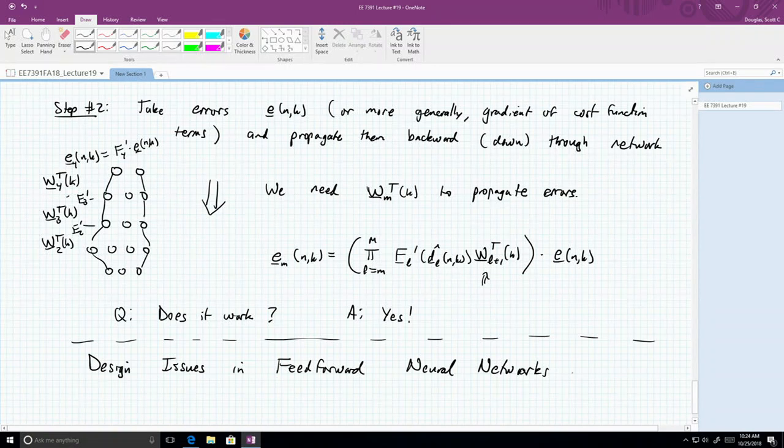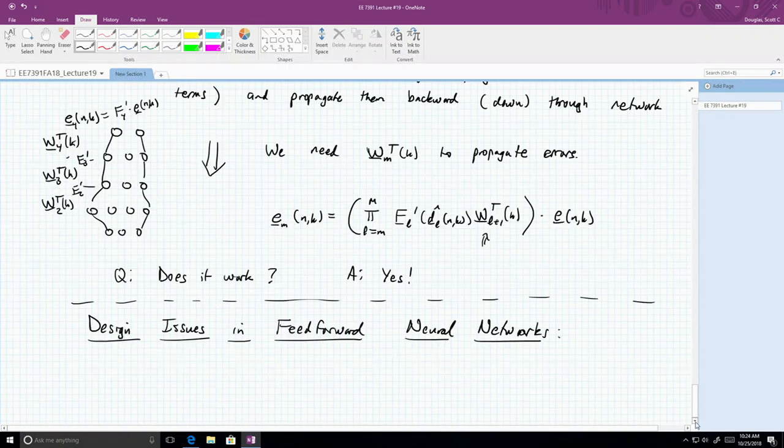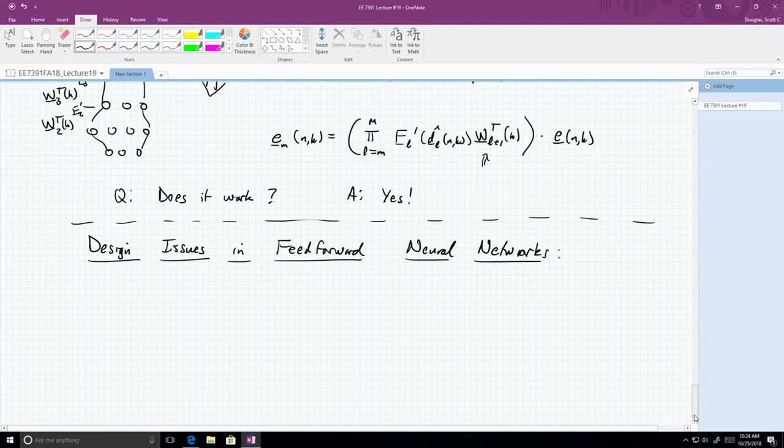And probably the biggest one is the number of layers. That's the thing that we don't generally have a choice of in adaptive filters, because in adaptive filters we've got one layer, right? We've got one set of coefficients. You can choose the length of the filter, but otherwise we don't really have the issue of how many layers, because we don't have a layered structure. So the question is, how many